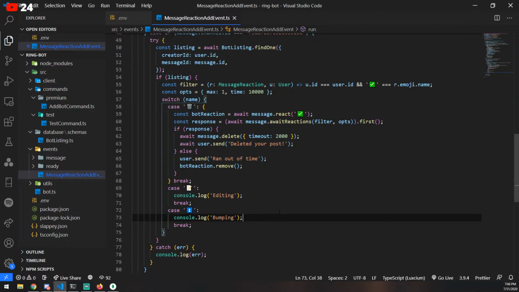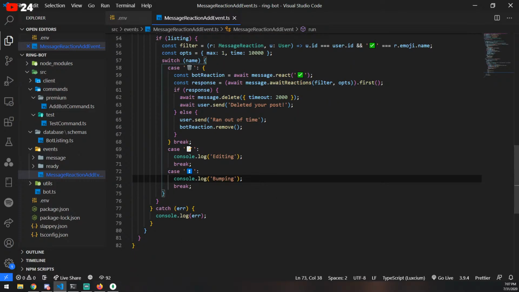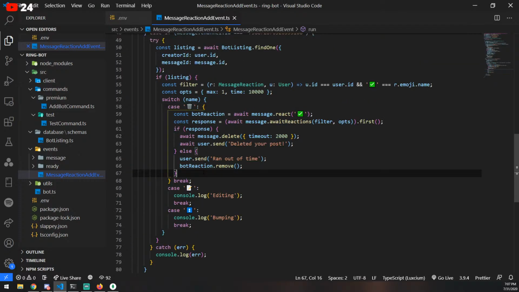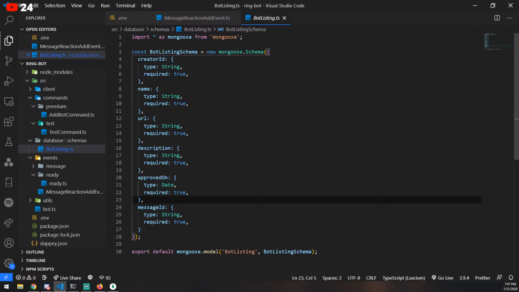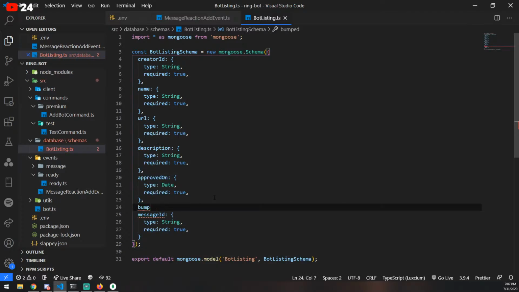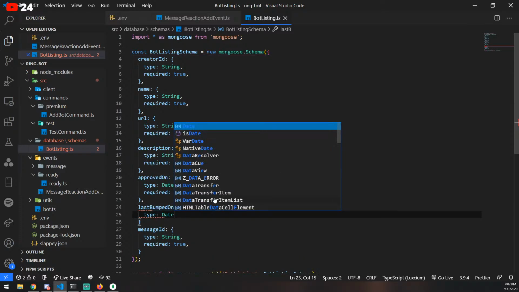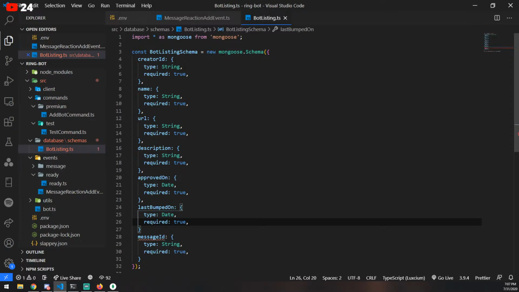All right, so bumping. So we're gonna make it so they could bump every 4 hours. So I'm not sure about the time zone. I think the time zone shouldn't matter because the time zone is gonna be our local time. So I think that should be okay. So the first thing that I'm gonna do is, and no, the code's not on GitHub. I don't think I'm gonna release it on GitHub. So what I'm gonna do is add a last bumped on field, and this is gonna be a date. So when we first create the actual document,